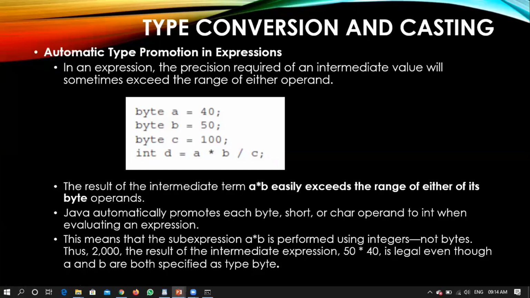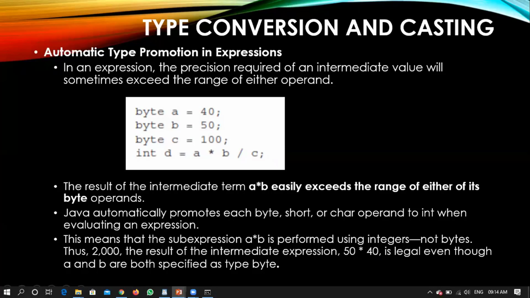In the case of expressions, automatic promotion will be done. Be clear with the point. In a case of expression, automatic promotion will be done to integers. Thus 2000 is the answer, the result of the intermediate expression.